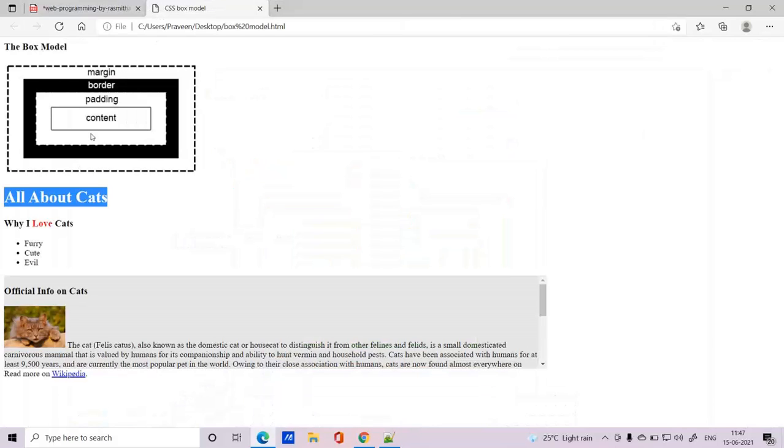That is the gap between the content and the border of the content. Before the border of the content, you will have the content with the padding. That space is called padding, where we'll have left padding, right padding, top as well as bottom.